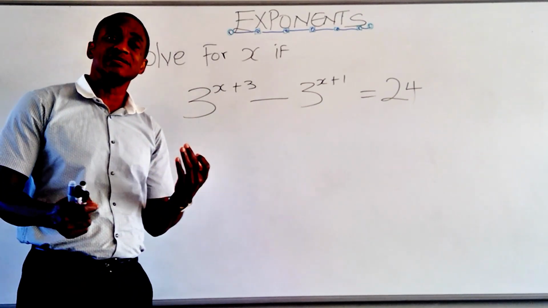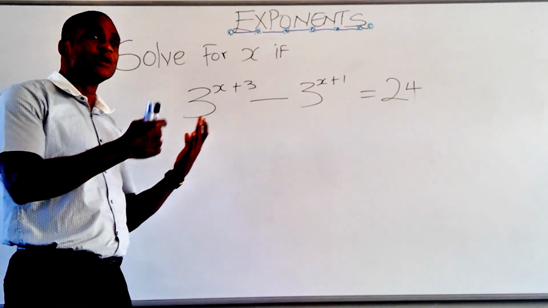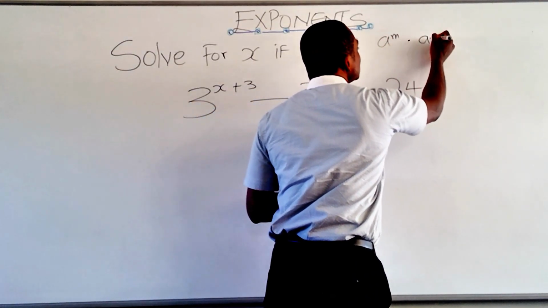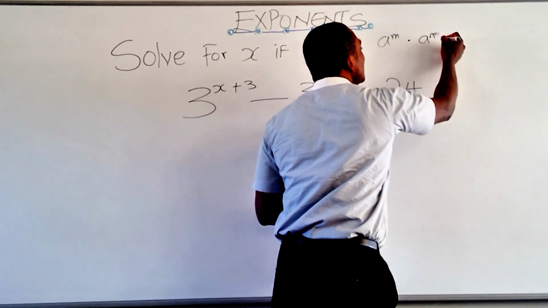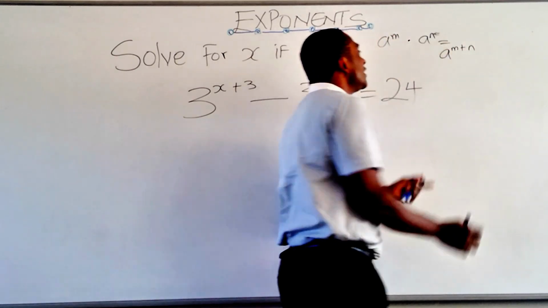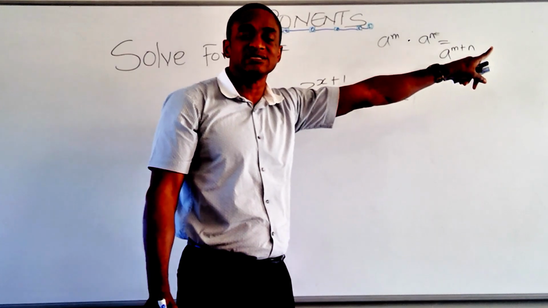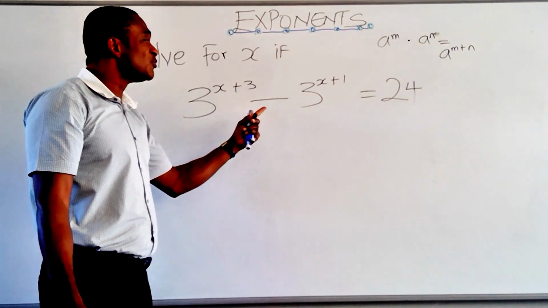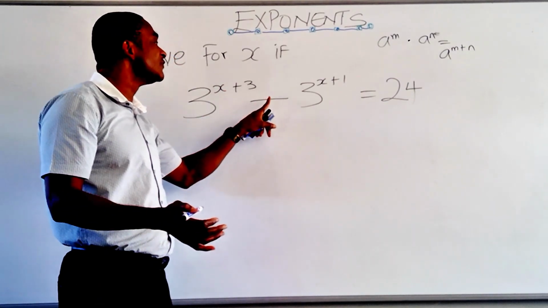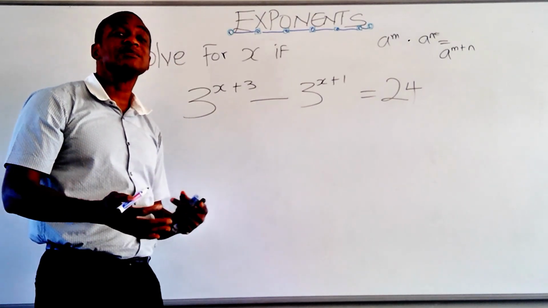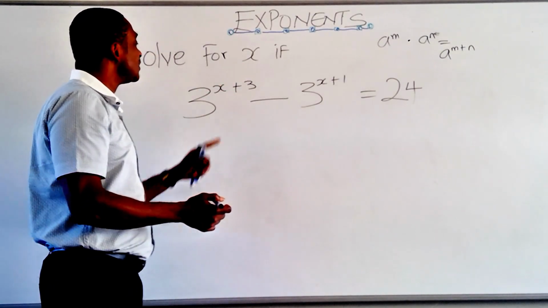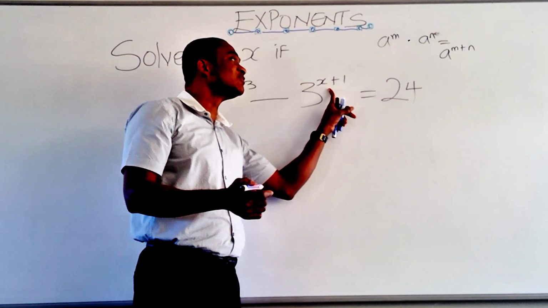Now, when you have exponents, remember that the laws of exponents has to do with multiplication, where they told us that if we have two bases with different exponents multiplying each other, all we need to do is to add their exponents. Or if they are dividing each other, subtract their exponents. But in this case, they are not multiplying, they are not dividing. So when we have this type of case where we have subtraction or addition, then we know that it involves factorization. Now we have solved for x if 3 exponent x plus 3 minus 3 exponent x plus 1 equals